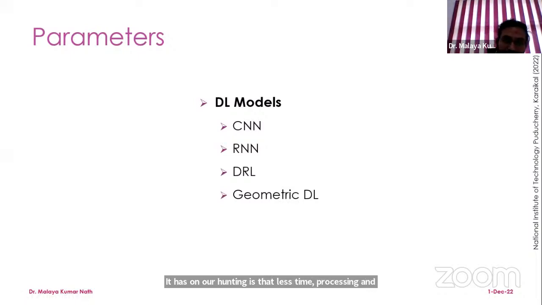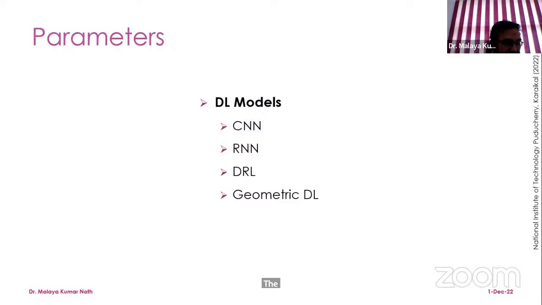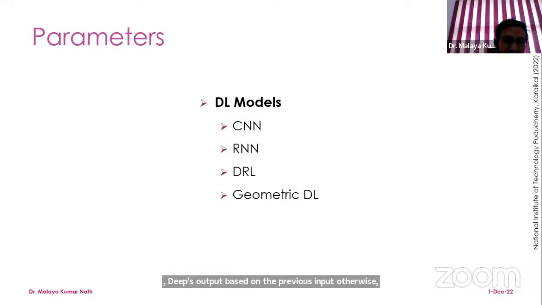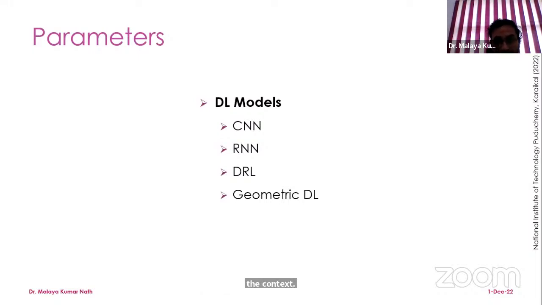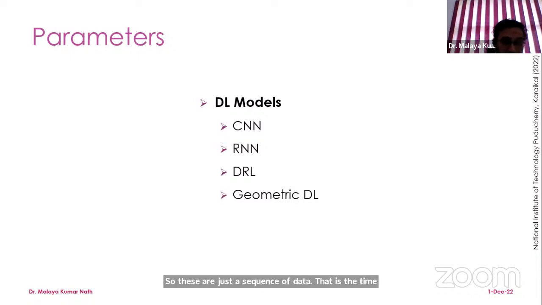If we compare this CNN with the recurrent neural network, in the recurrent neural network there is feedback from the output to the hidden layers, or a self-feedback is also present. So these recurrent neural networks are incorporated with memory to take information from prior inputs and influence the current input as well as the output. So this recurrent neural network gives output based on the previous input as well as the context. So this uses sequential data. What is sequential data? That is, time series data is used by this recurrent neural network.